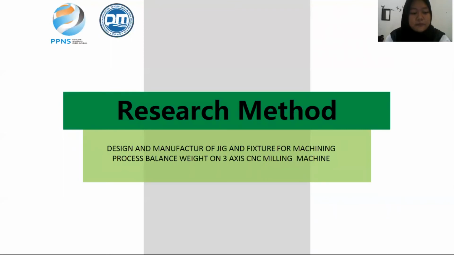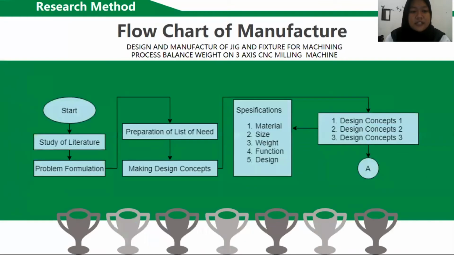Research method. Here is the workmanship scheme of the research of the jig and fixture. First, doing a study of literature. Second, making a problem formulation. After that, preparation of a list of needs and making design concepts, with 3 design concepts, each matching the following specifications: 1 material, 2 size, 3 weight, 4 function, and 5 design. After that,